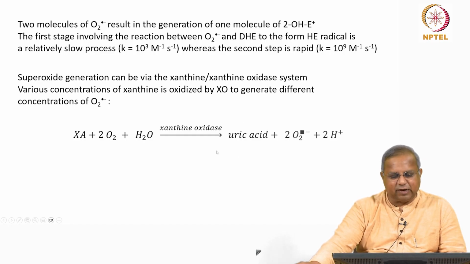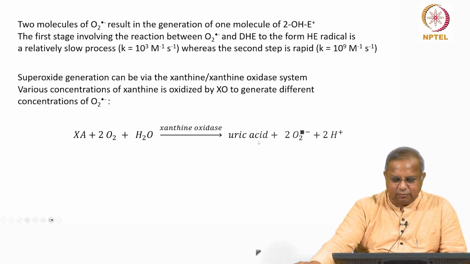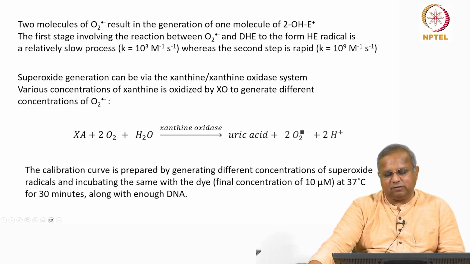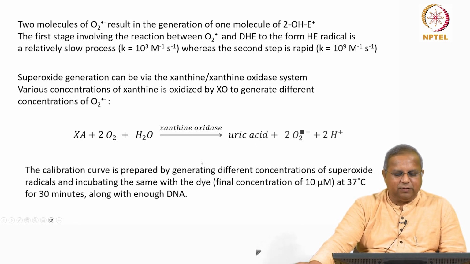Okay, this is the basic reaction that happens. So you run this reaction, you generate superoxide, you measure. This is very stoichiometric and so on and so forth, so you get very nice standard curves with this. So the calibration curve is prepared by generating different concentrations of superoxide radicals and incubating the same with